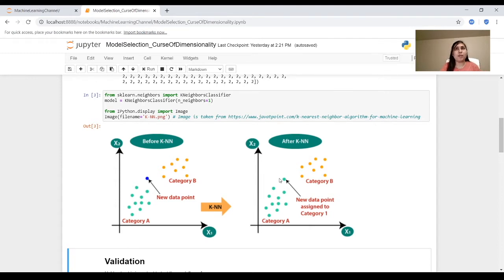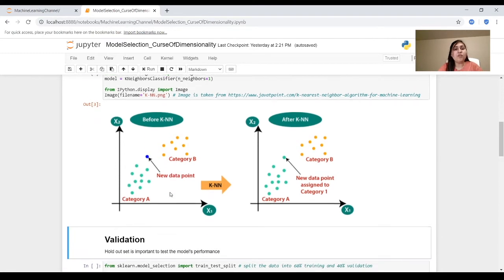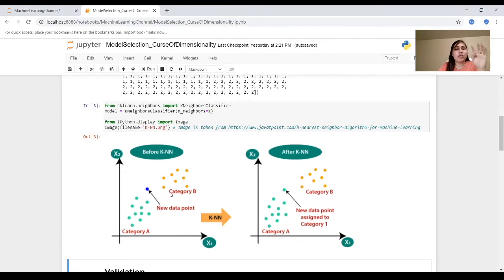In this example, I have said that we are going to use k is equal to 5, but in this code I'm going to use k is equal to 1. That means I just want a single nearest neighbor of an unseen data point, or a new validation or testing data point. Whatever the category of the nearest neighbor is, that category I'm going to assign to this new data point if I use k is equal to 1. Now we have loaded the data, and we know which classifier I'm going to use.